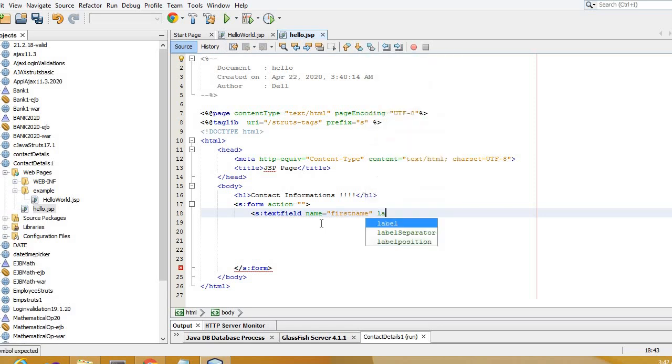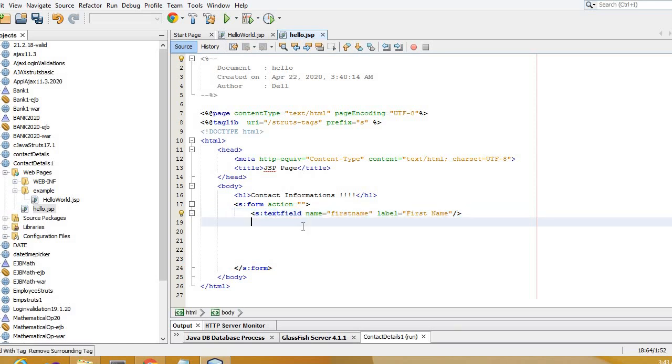Label, I will give it as label is equal to First Name. Okay, similarly we will just copy this. We want last name also to be incorporated. Control C, Control V. Text field name lastName, and I'll give the label as Last Name.